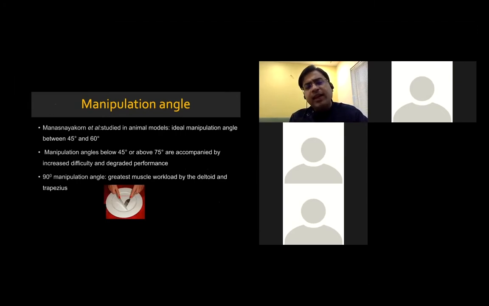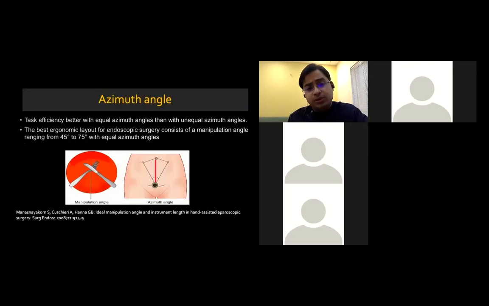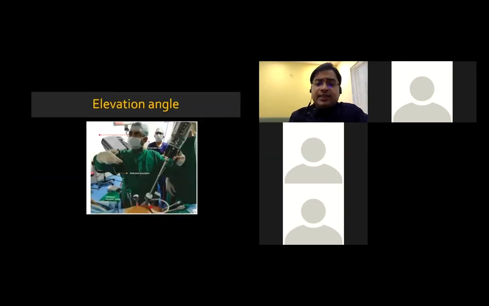There are several electromyographical studies and pain studies done on surgeons showing that when these 3 angles, that is the manipulation angle, the azimuth angle, and the elevation angle, have been within the normal limits, the pain and the fatigue to the surgeon has been less. As opposed to this, whenever they have been more, the surgeon gets tired, fatigued, and this has also been demonstrated by electromyographic studies, not only by pain scores. So this is the elevation angle that you should not be having. When you have a large elevation angle, your shoulders get abducted a lot, and there is a lot of strain